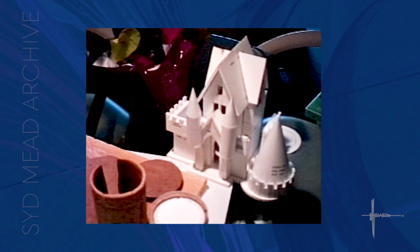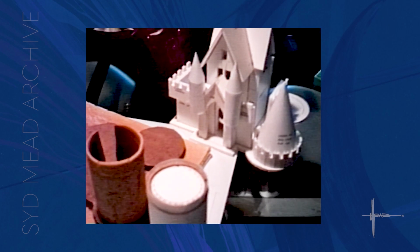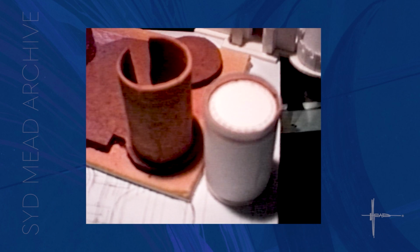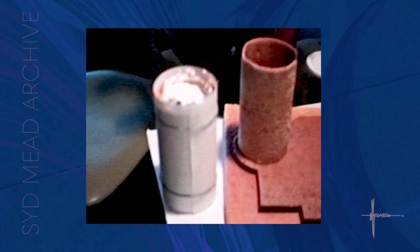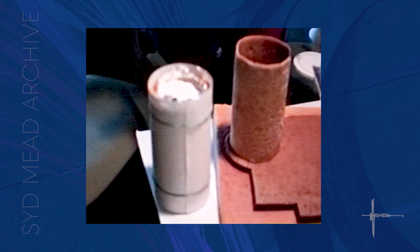You can see that the tower forms are being used now for the dough forming, so they're not on the little model mock-up. But as the flat rectangles come out of the oven, they're laid onto the white paper wrap that you see here. The form is then placed on top of the dough. And because the dough is flexible, it's still very hot, you simply roll it up and put rubber bands around it to hold it in shape until the dough cools and it holds its shape, as you can see. From then on, it's very fragile, but nevertheless, you have a very thin, elegant dough